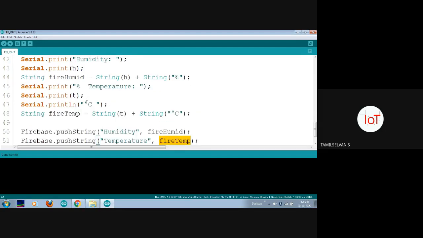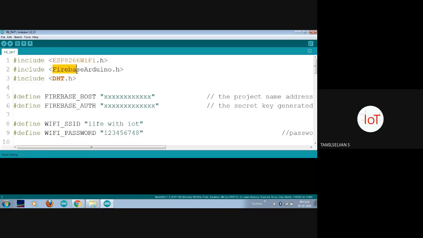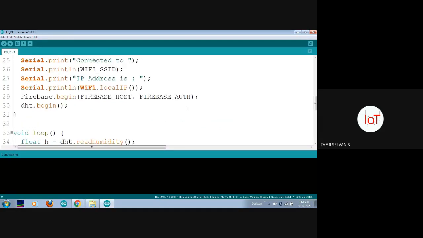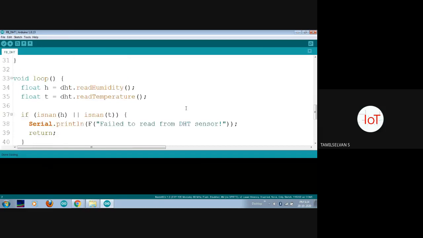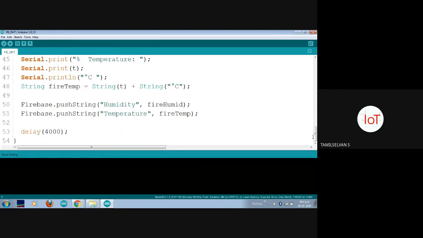Here I'm not going to explicitly call my MQTT communication and all, since it is already built inside this particular Firebase Arduino .h. It is not mandatory to call that function again and again, okay? MQTT communication and everything will be taken care of, so you don't need to define those lines here. Up to this, the program is over. This is just a sensor updation into the cloud, okay? We are taking some sensor data that will be updated into the cloud.